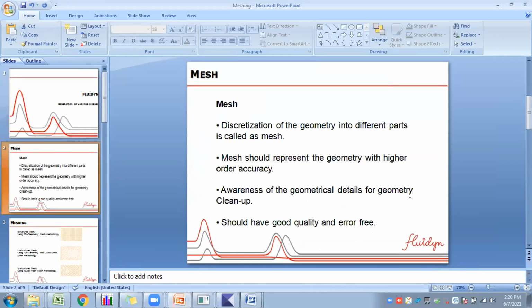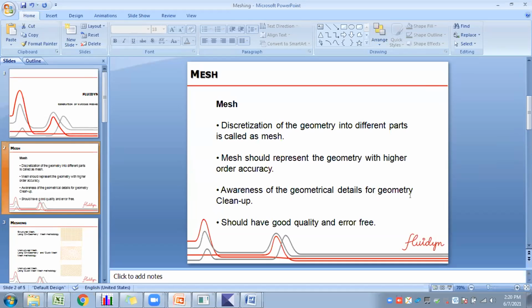First, what is a mesh? We have to understand that a mesh is the discretization of geometry into different parts. Why we require a mesh, what the types of mesh are, and how the mesh has to be generated, I hope you understood from the previous session. Now we will see what a mesh is in software aspects. Those were the mesh in general aspects; this is the software aspect. So what is a mesh? It's a discretization of geometry.